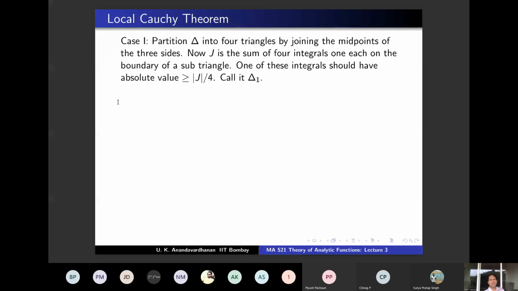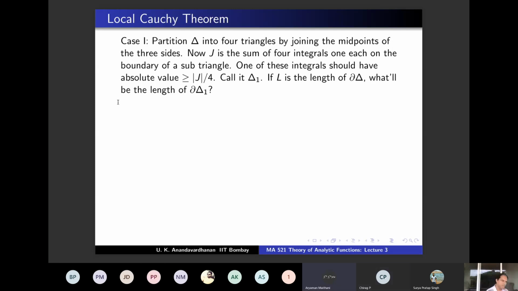Okay. Now you repeat this process. By the way, let me ask you quickly, if L is the length of the boundary of the original triangle, what will be the length of the boundary of delta 1? Can someone tell me very quickly? Just to see whether you have understood the picture. You have the bigger triangle, you have taken the midpoints and made this triangle, and you have 4 triangles. Each of these 4 triangles, the boundary, what will be the length? L by 2. L by 2, correct.